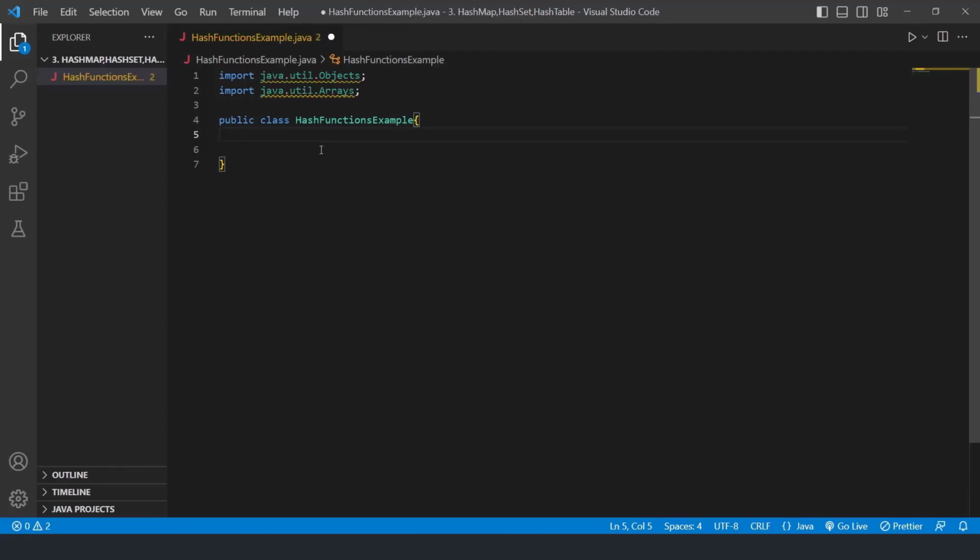Now what we're going to do is we're going to write the main method, and we're going to use these functions. One is Objects.hash, another is Arrays.hashCode. All right, those are the two most common functions we use in hash functions. All right, so what I'm going to write is